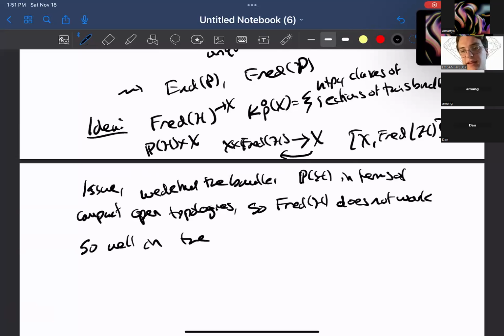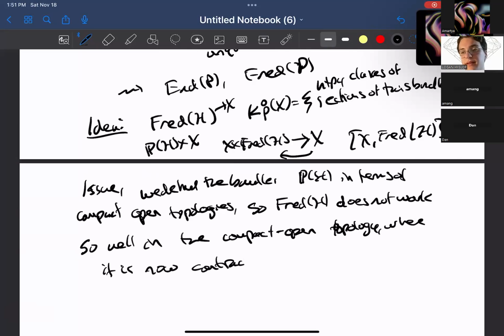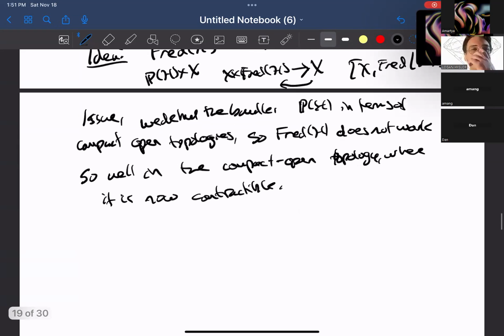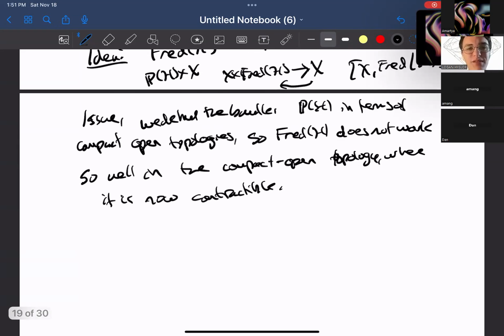In the compact open topology, it's now contractible. So in particular, it represents the point, which is not K0 of any space. In fact, there are spaces with non-trivial K0. So the solution is you're going to define a new bundle